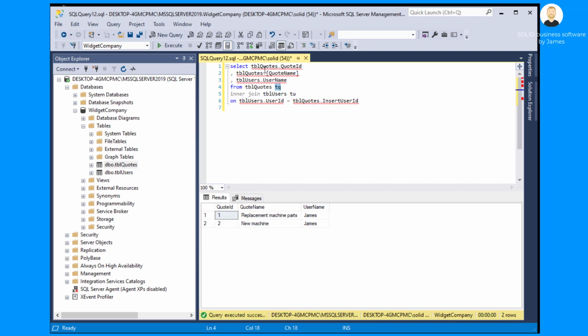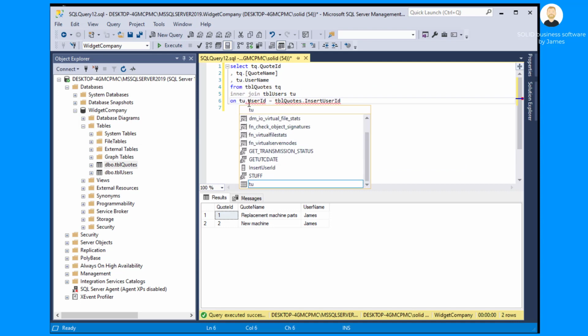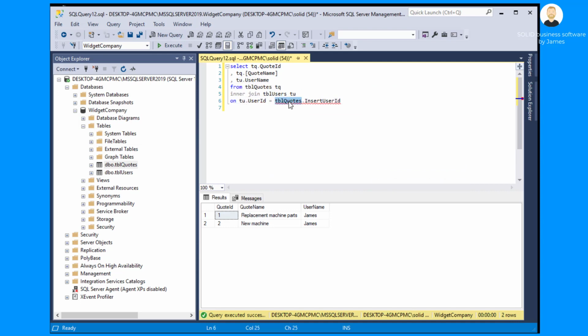So let's update this case. So TBL quotes becomes TQ, TBL users becomes TU. Same here, and same there. Let's run that, make sure it runs. Yeah, that's fine. So immediately you can see that's just easier to read,